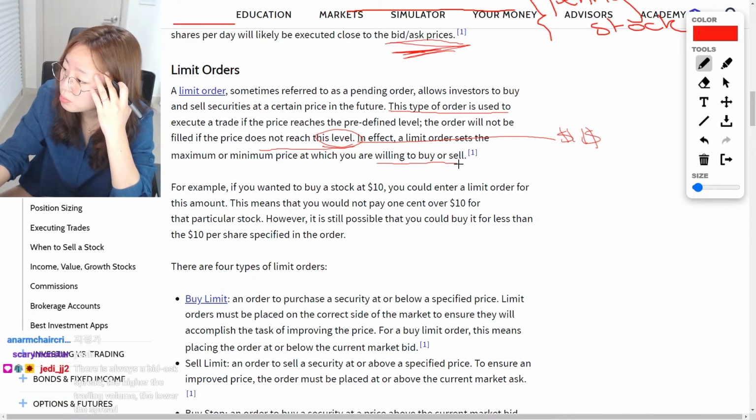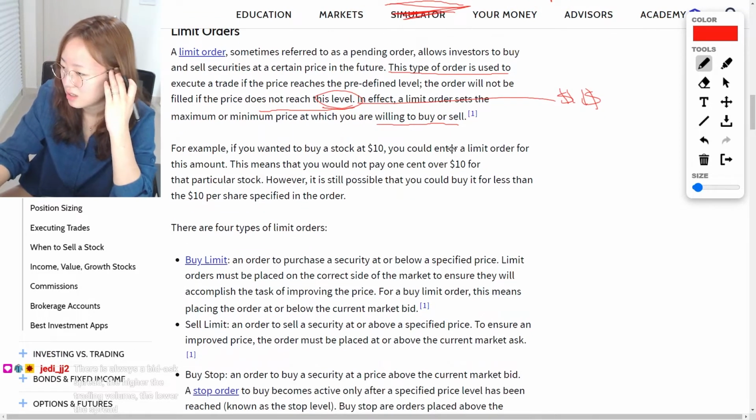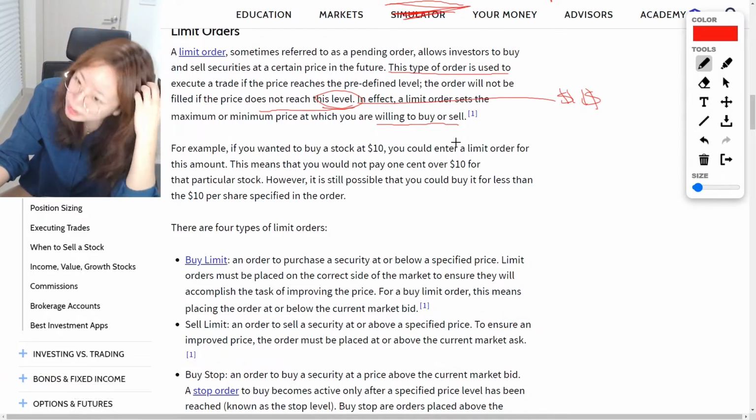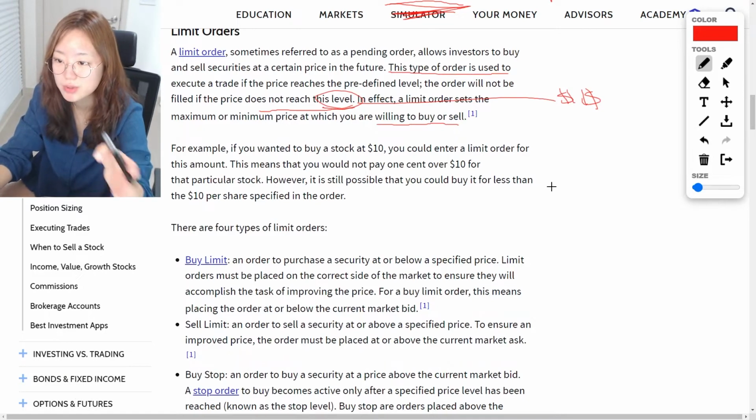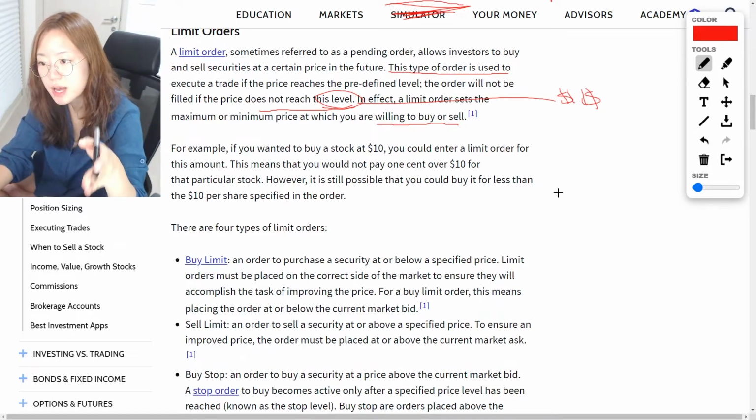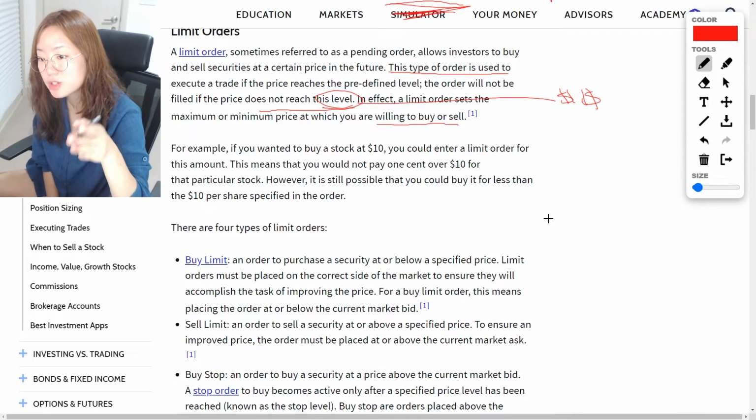What's trailing stop? Penny stock trades are typically in and out in a few minutes. If you miss the start of the spike, the trade is gone. For example, if you want to buy a stock at $10, you could enter a limit order for this amount. This means that you would not pay 1 cent over $10. However, it is still possible that you could buy it for less than $10 per share